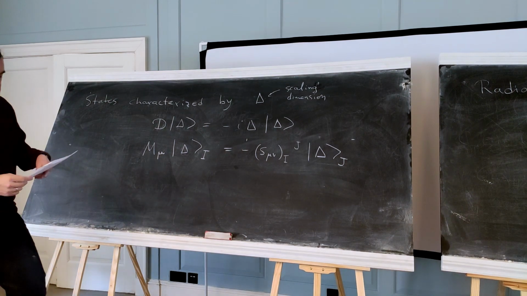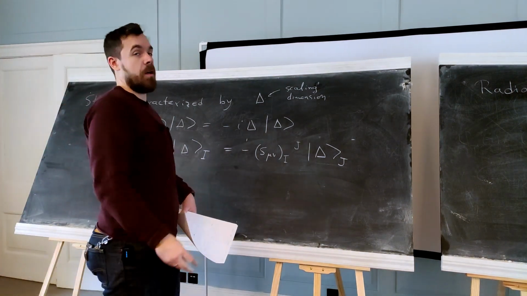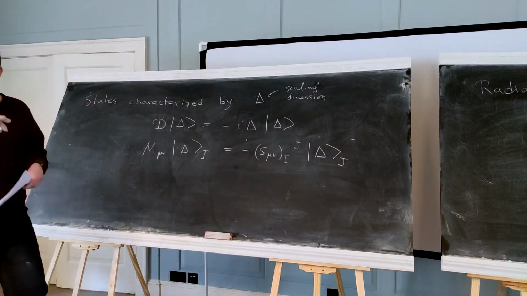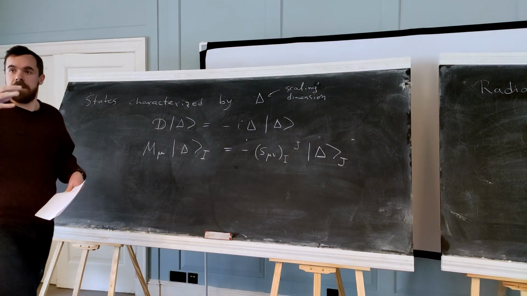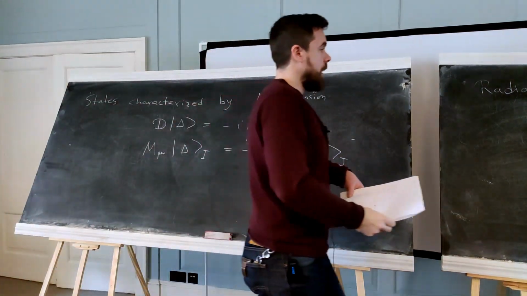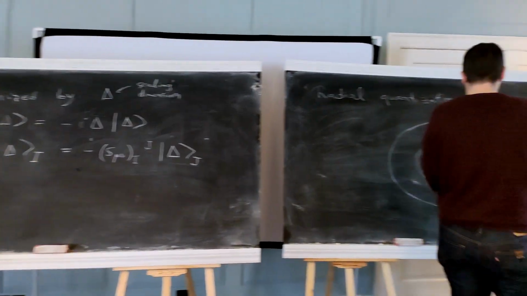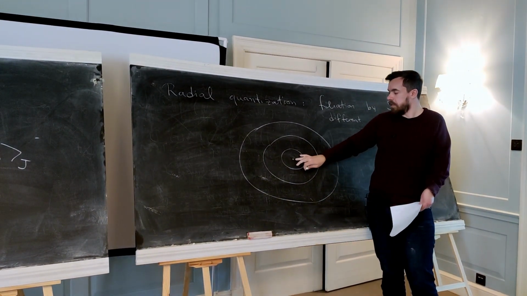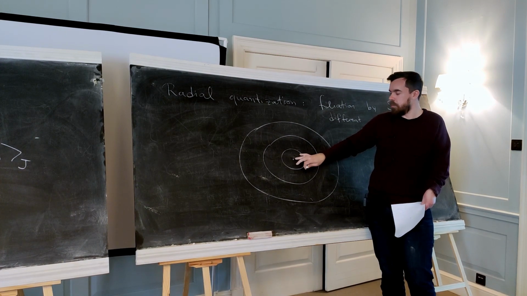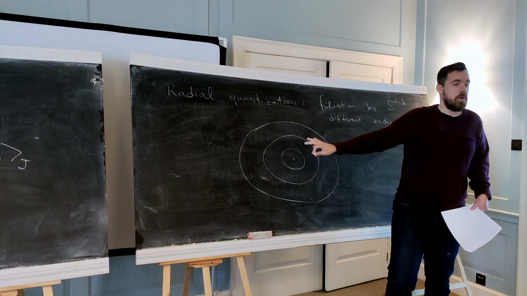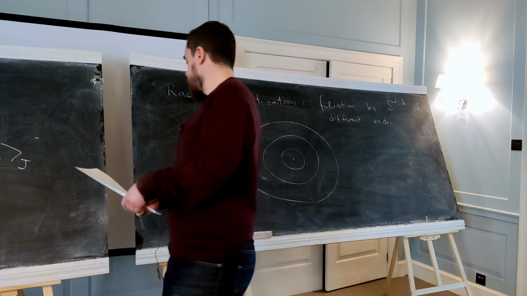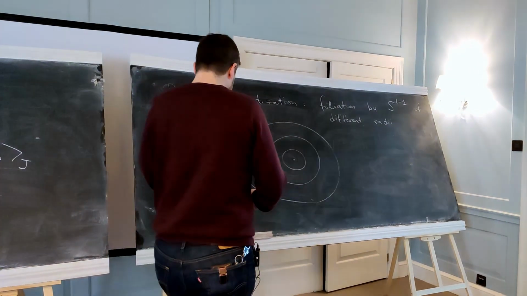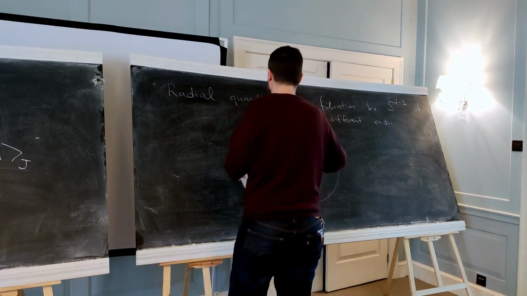Okay, so how do we generate states on the spheres? Remember, these are not the Hilbert spaces of our theory. They live on different spheres. And why is this a convenient picture? It's because of the easy way with which we can generate these states. So how do you generate these states? You generate states by inserting operators inside the spheres.